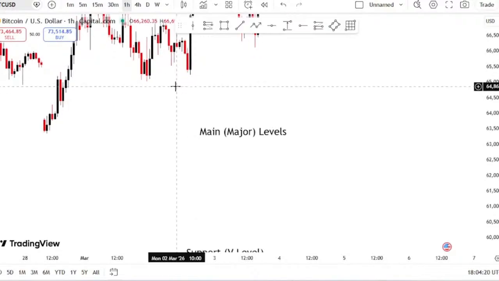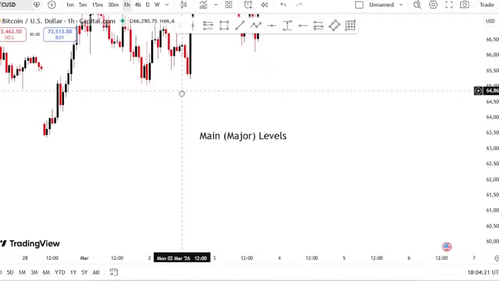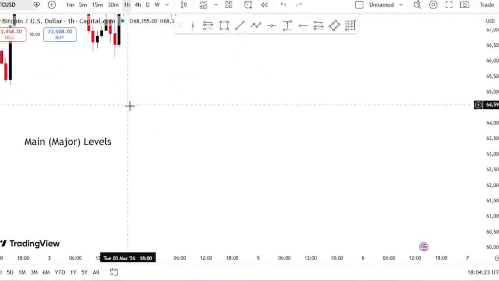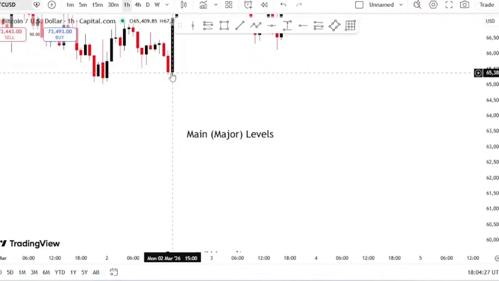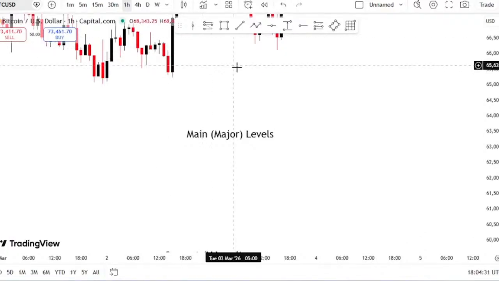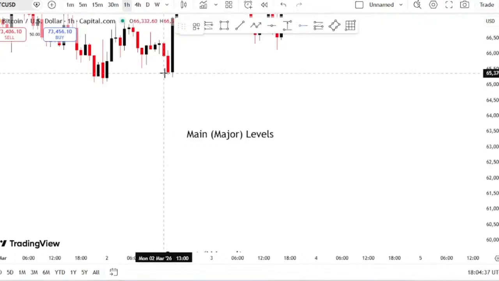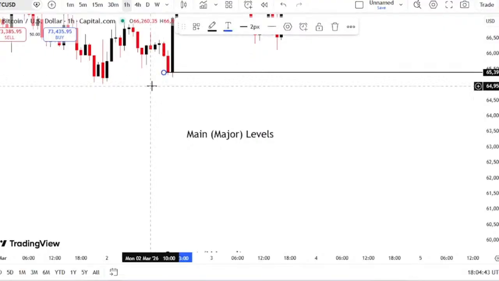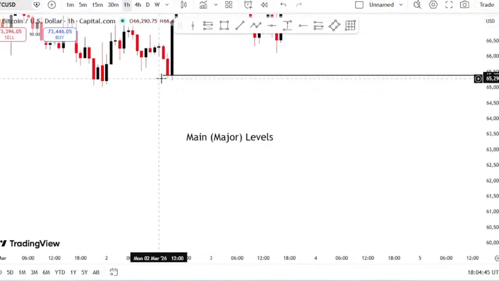Support is formed like this. There is a bearish candle followed by a bullish candle. So in this case, here you have a support. Now, how do you mark it using the MSNR way? You just take your horizontal line and place it at the closing of the bear candle. Yes. So this is your support. Now, in order for you to get that on